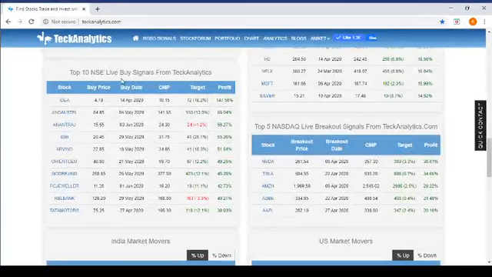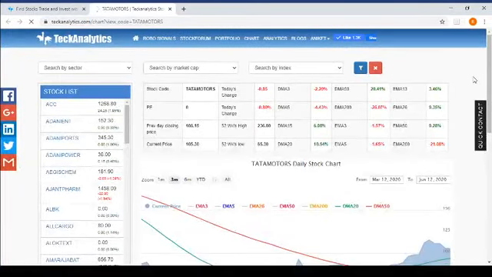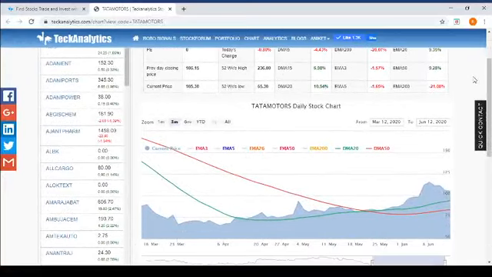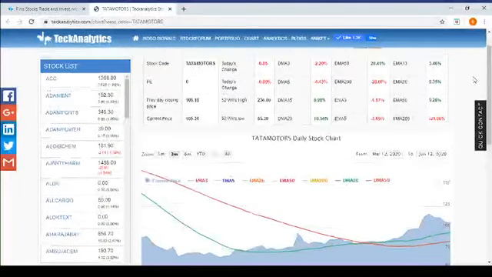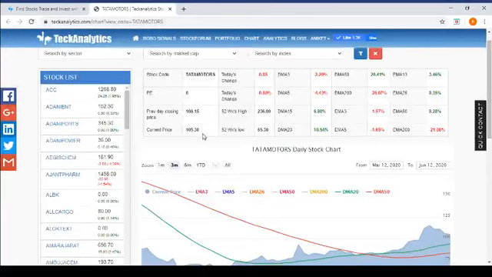And the top 10 NSE live buy signals. This is what you will see in your login ID as buy signals, but from the Nifty large cap. This table has Nifty large cap, mid cap and small cap stocks as well. You can also open the chart, just to show you the technical chart. This is for Tata Motors, and in the chart you will see different values. We will talk about those in detail later on: different moving averages and exponential moving averages, previous closing day price, current closing day price, PE, and stock code.